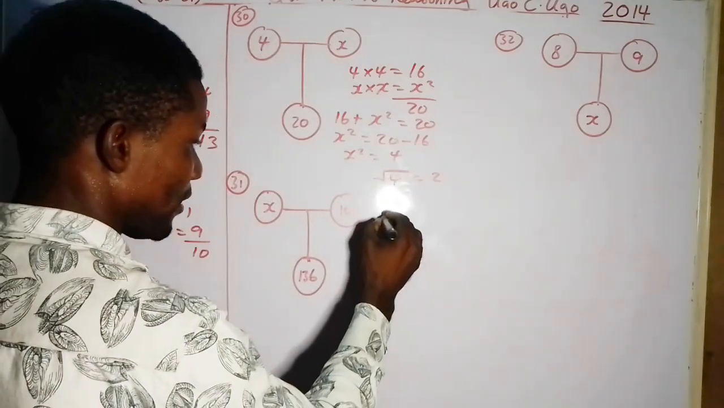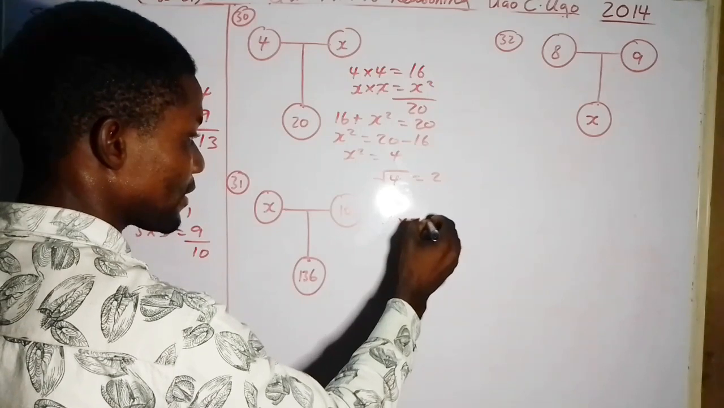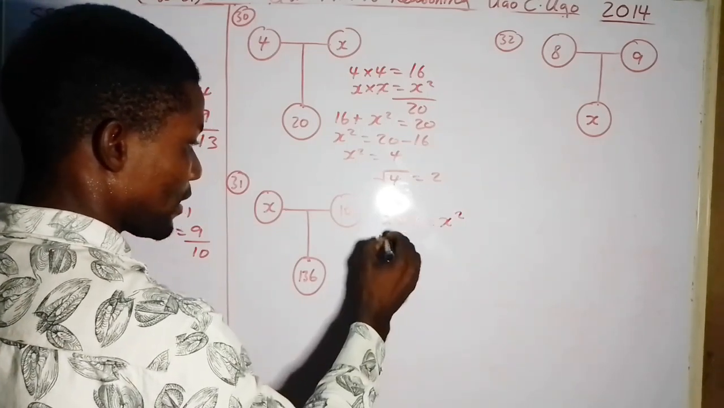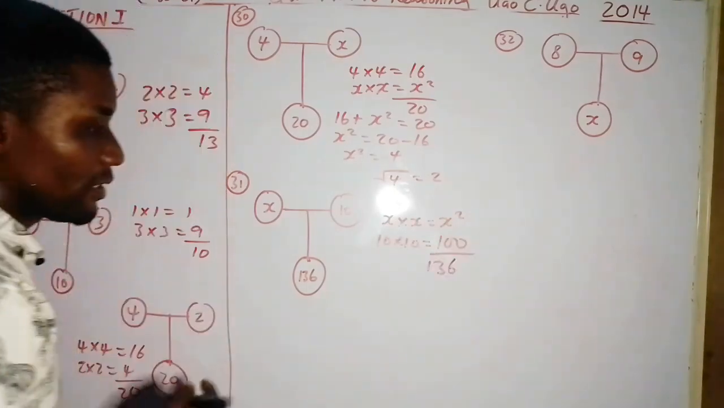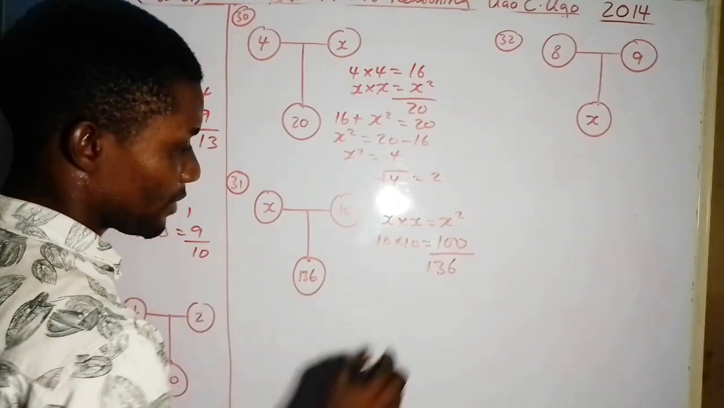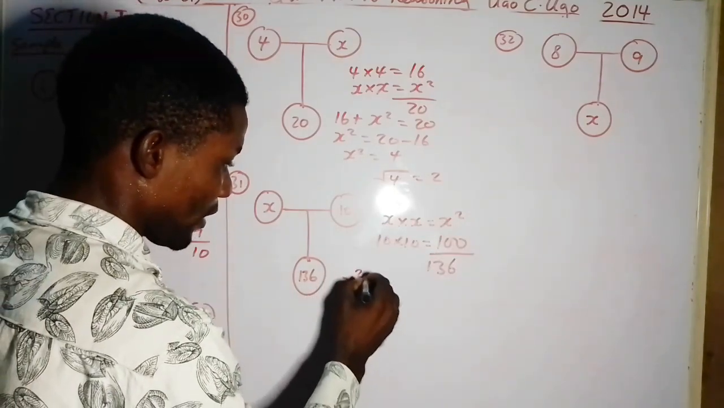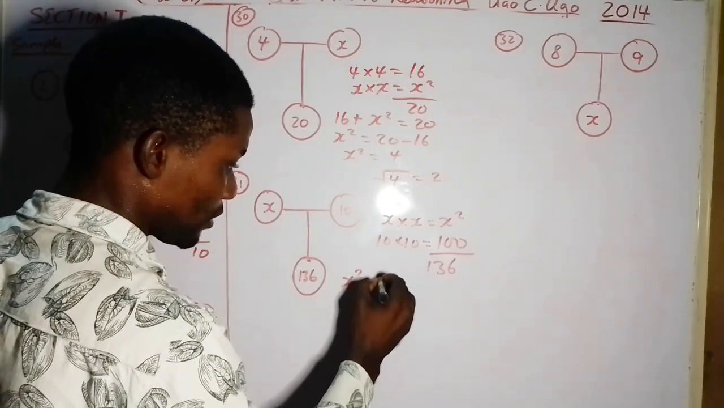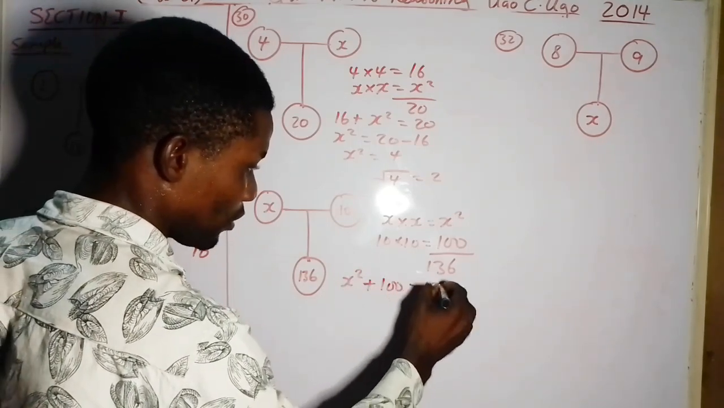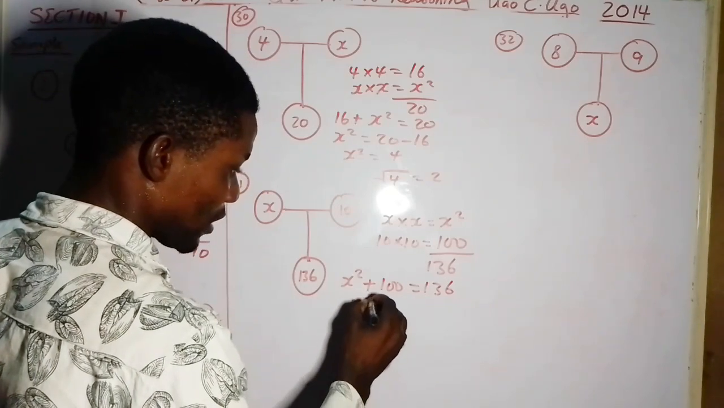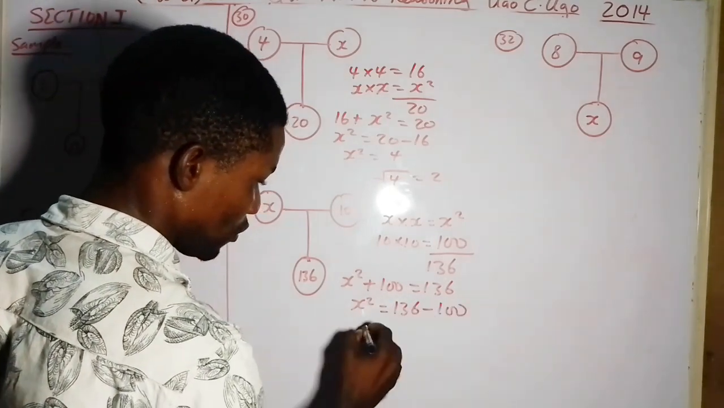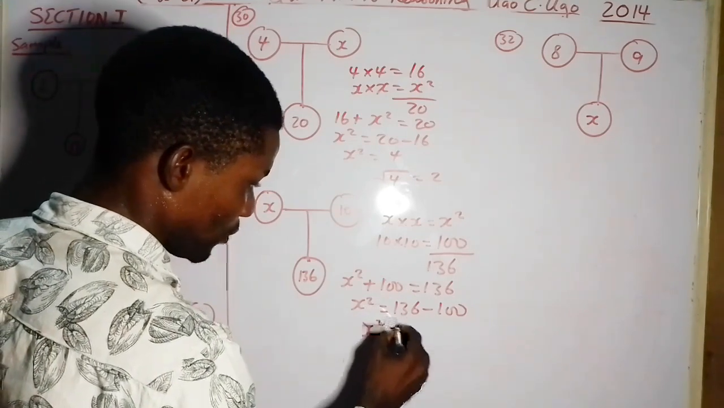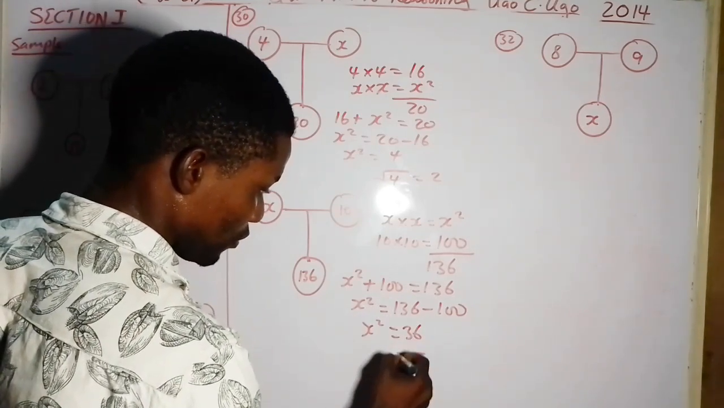The next one, we have x times x, which gives us x squared. 10 times 10 gives us 100. Everything equals 136. So we turn it into a simple equation. We have x squared plus 100 equals 136. By collecting the like terms, we have 136 minus 100. So we have x squared equals 36. So the square root of 36